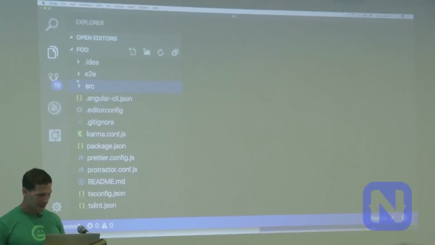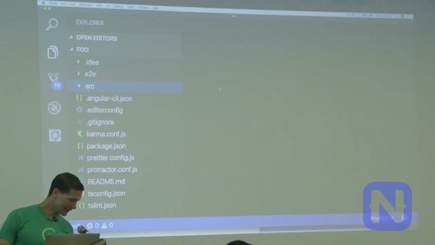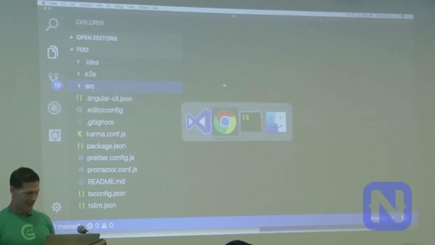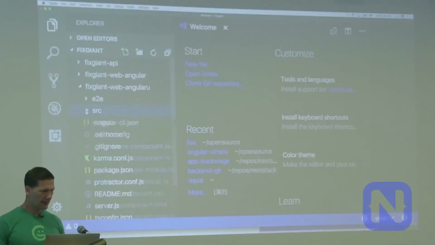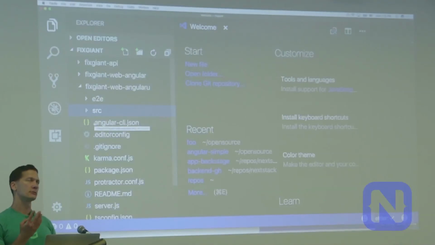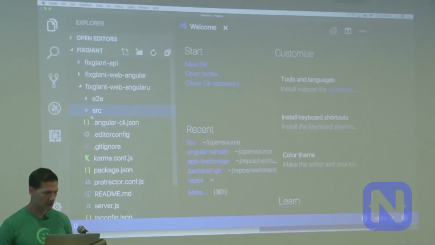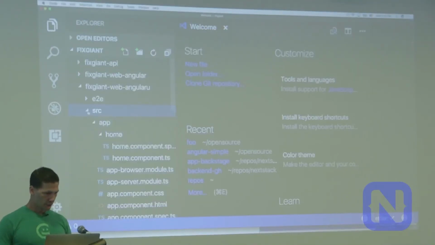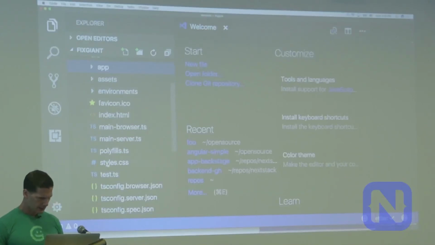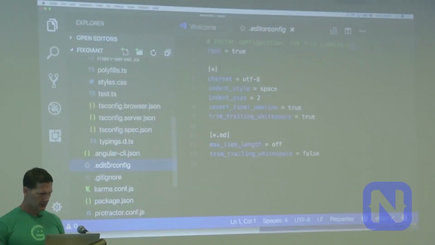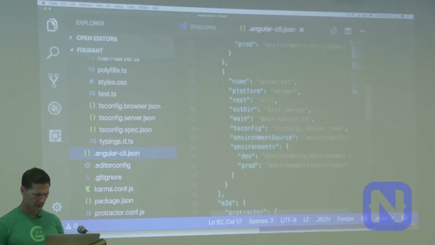Let me see if I can do this quickly. We'll see. I'll set the timer for 2:15. I can cheat a little bit and take something from my other app here. There are essentially four things you have to do to change the app to be server rendered. The first thing is in the CLI.